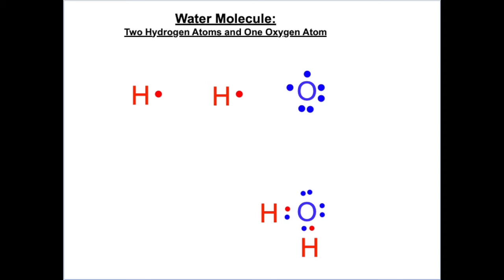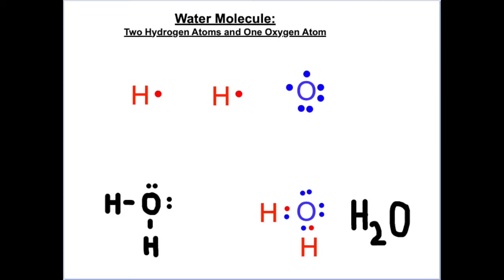So the oxygen ends up sharing 2 electrons, 1 with each hydrogen. We call this a covalent bond. We write it using an electron-dot diagram where the pair of shared electrons are placed between the 2 atoms. We write the chemical formula as H2O because there are 2 hydrogens and 1 oxygen. You will often see a single bond between 2 atoms, that is 1 pair or 2 total shared electrons, written